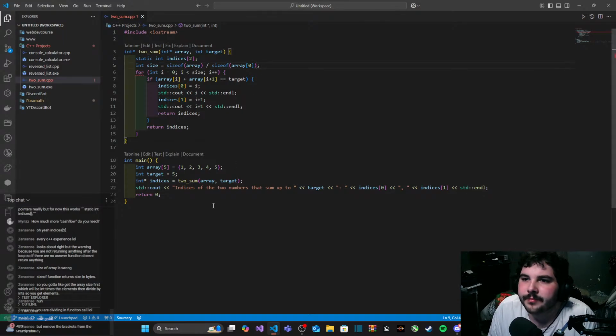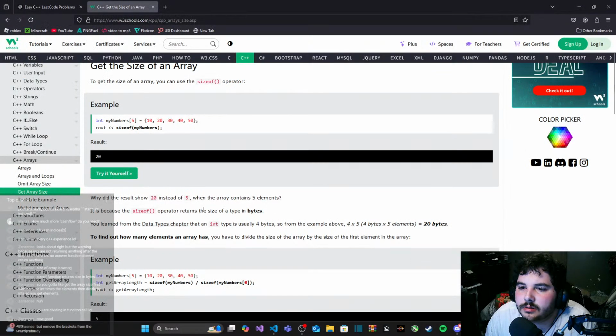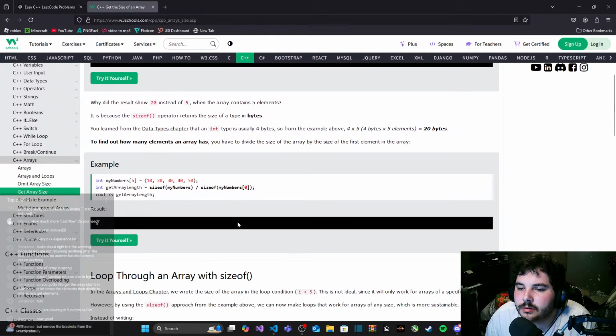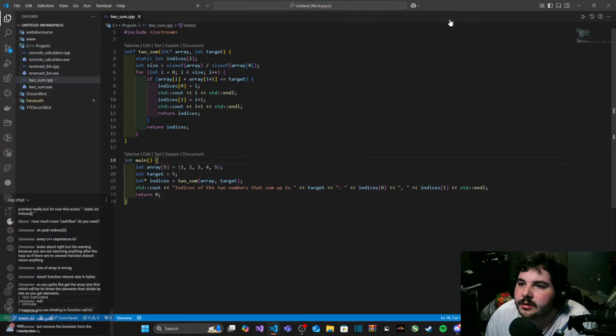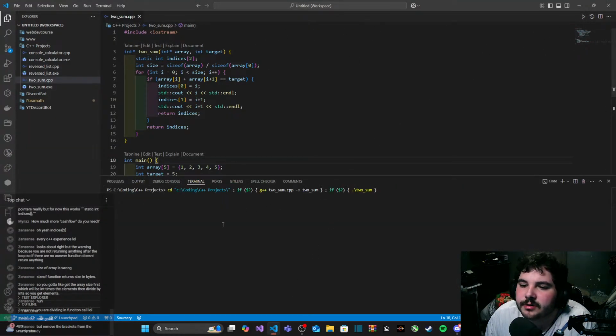Oh. Size of array divided by the size of array at 0. I don't understand. That's legit what I'm doing.